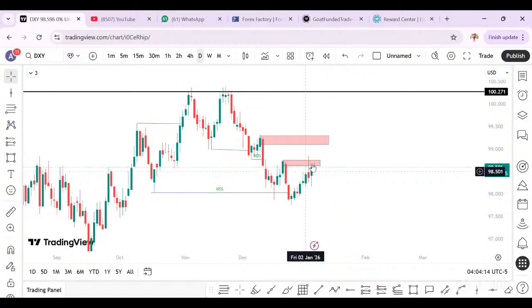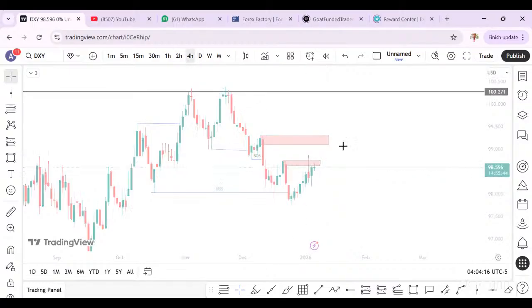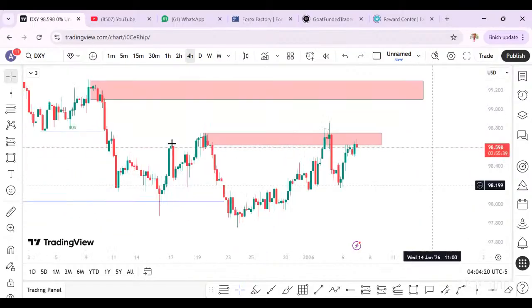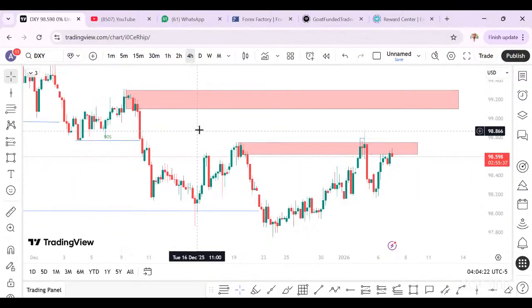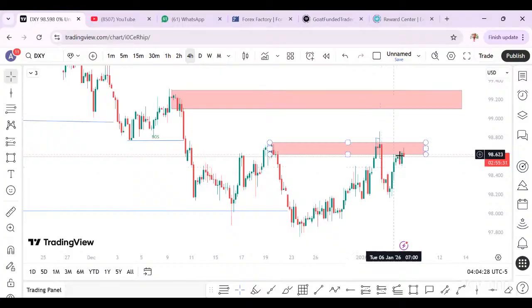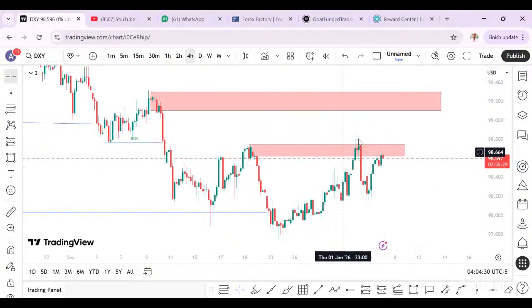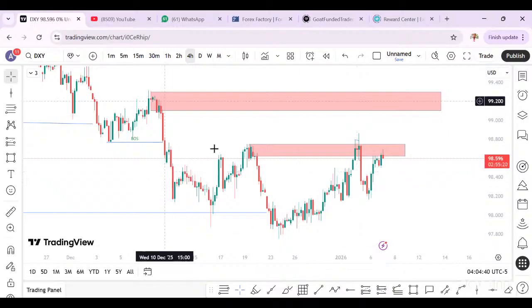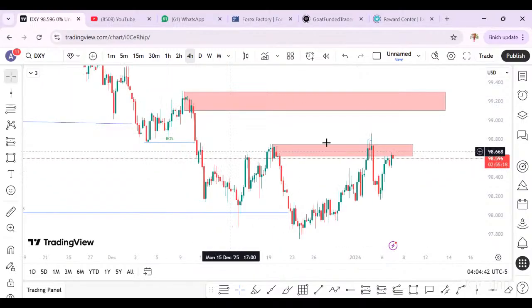So now, 4 hours. What is happening on 4 hours? Now you can see on 4 hours, I have two zones that I'm working with: zone 1 and zone 2. Zone 2 is a temporary zone, and that's what caused, I'll show you on USD CAD, I took a USD CAD trade and it hit stop loss, and I will tell you the reason. Exactly like this. So zone 1 is more valid than zone 2.